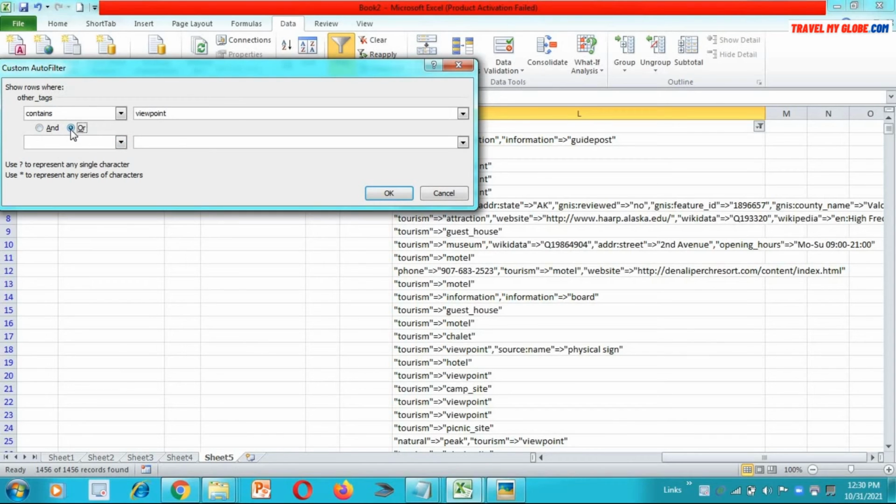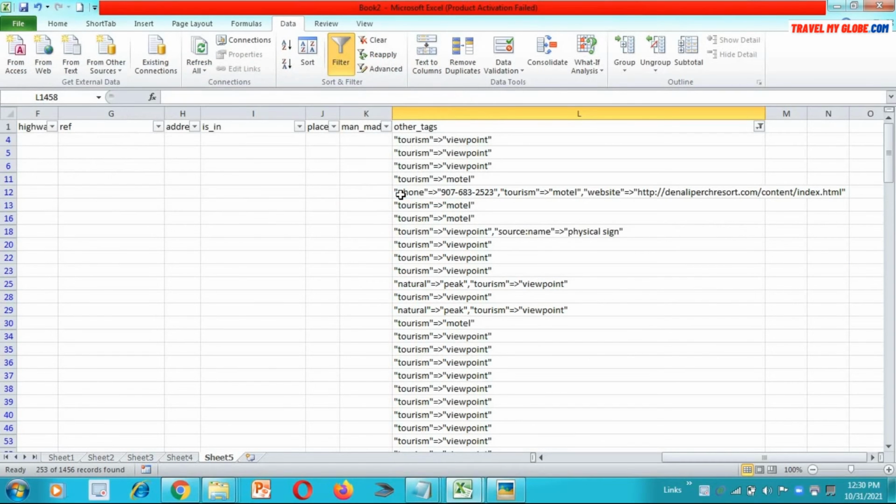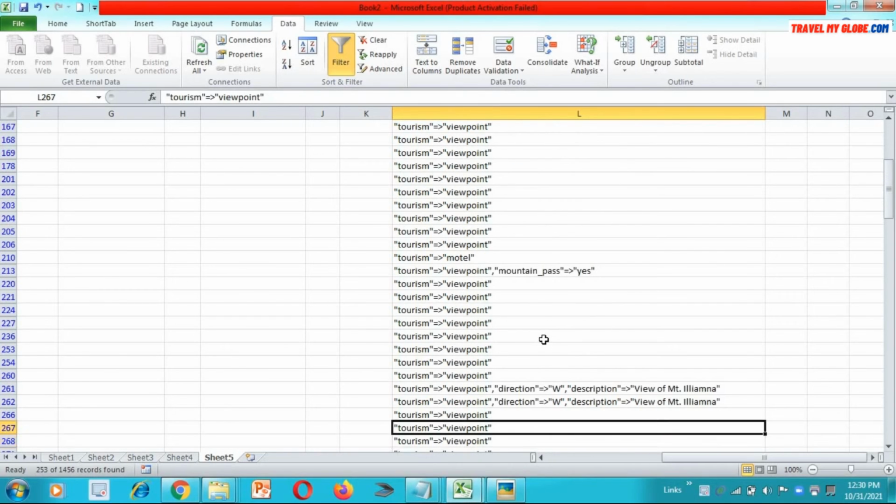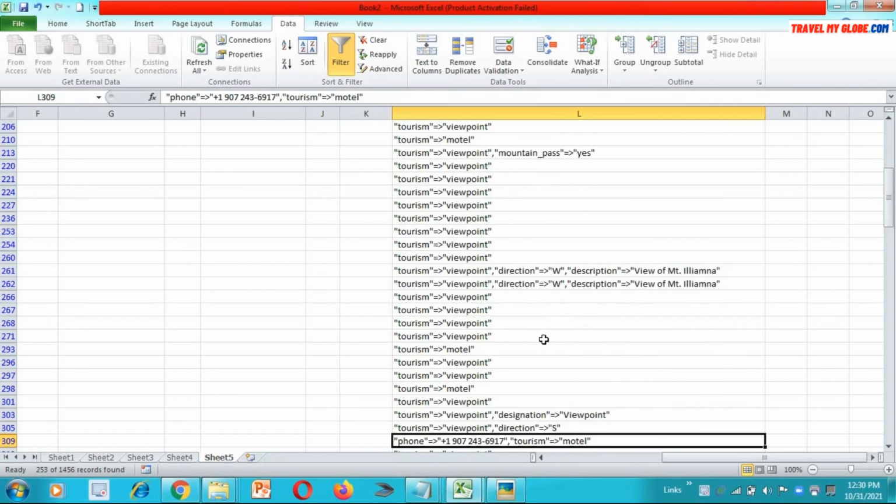I want the Or option because I want viewpoint data and also Contains with motel. Suppose I want data with viewpoint and motel, so this type of filter is going to work here. See, I have got all the data which has viewpoint and motel. So see, this is how the filter worked.